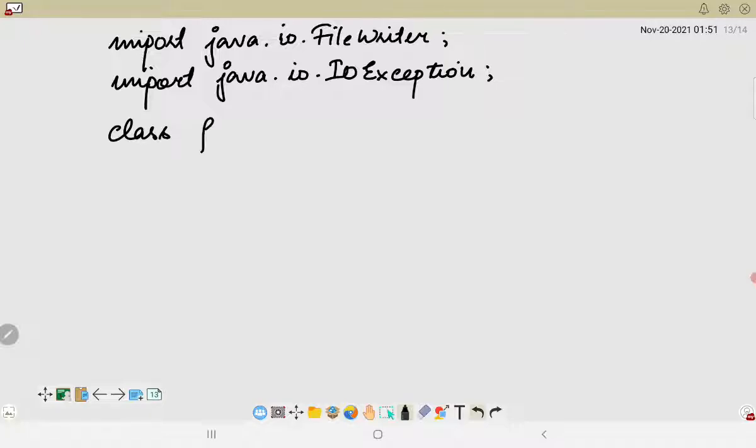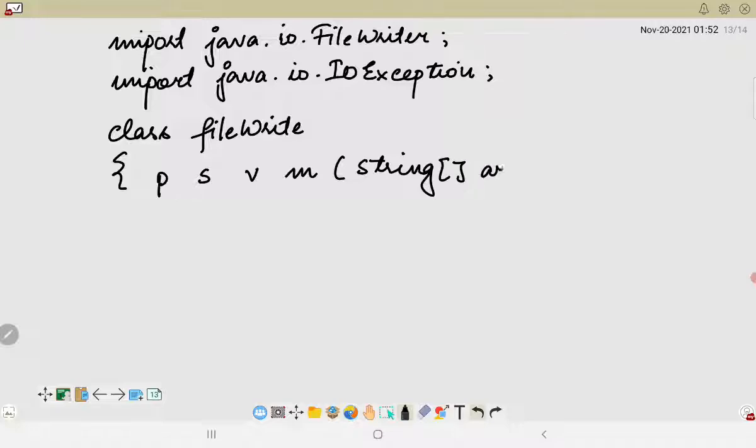So let's consider FileWrite as the class name, and then we have public static void main, String arguments, and after that let's associate try here. And then we will now create an object of the FileWriter class. Since we will make use of the FileWriter class, we will also have to create an object of the same class. So new